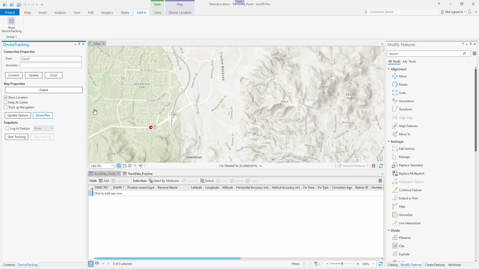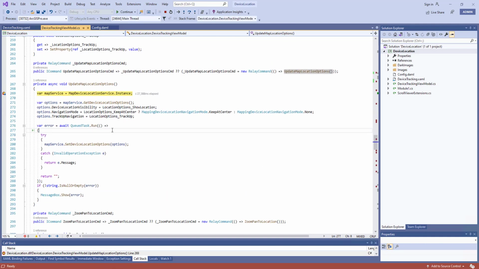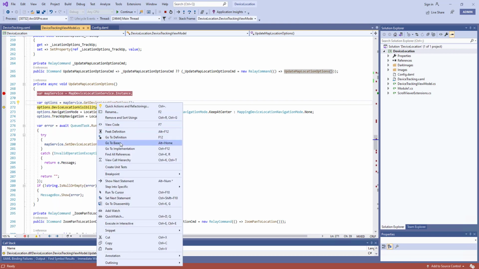Next, we went around and tried to keep the map in sync with the position of my device location source. So here I am. I'm going to turn on the Keep at Center and click the Update Options. And here I am in my Update Map Location Options method. Again, get a copy of the Map Device Location Service class, get my current set of device location options. If we look at the definition of this class,